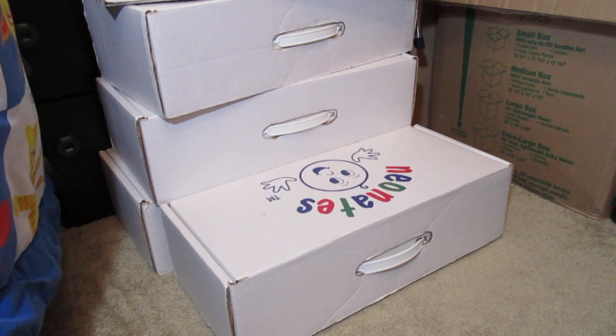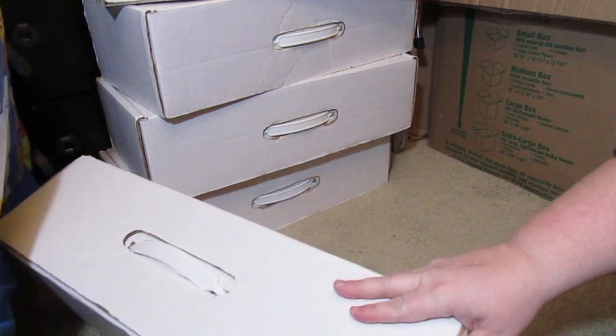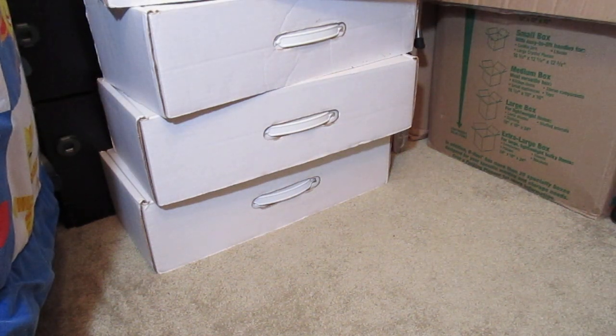I can keep the cats out, as Jack likes to sleep in my crib and such, and Teffy likes to sleep in like the bouncers and car seats. That way I could keep the cats out when I want them out. When I go in, I don't care if they're in there with me, like Teffy's in here with me now. But I would be able to shut the door, and then I would be able to put a lock on the door. And some of you might be like, why are you putting a lock on the door? It's a 1-level house, and if we get a 1-level house, I would prefer to be able to lock the door. That way, if we have guests over,